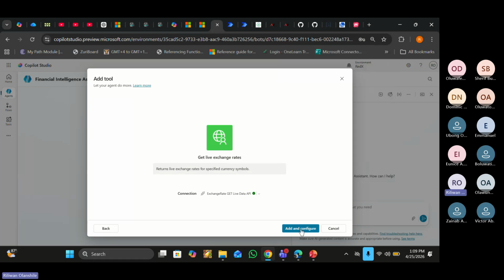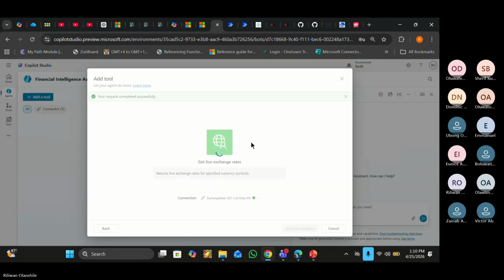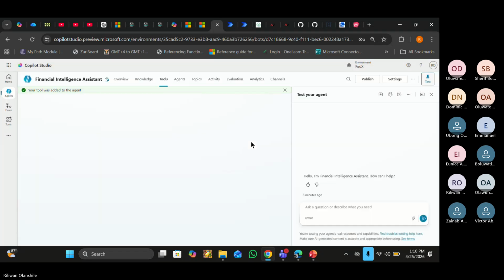So add and configure. Okay, it has added it to our agent. Now, if I go back to overview,